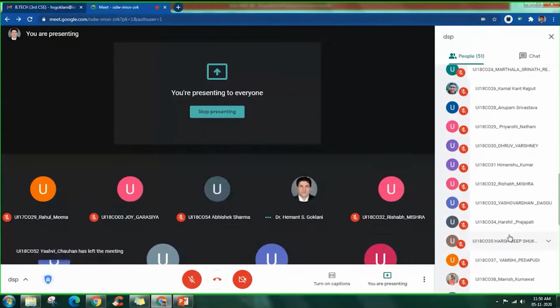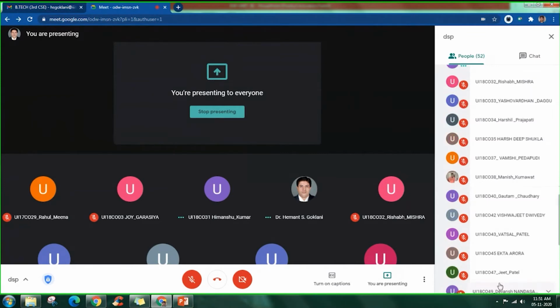Okay, roll number 31, CO31. Please unmute. Can you tell me the difference between these three? Sir, when we compare causal and non-causal, causal is concerned only with the present and past input, and non-causal also takes care of future inputs. Okay, what about anti-causal? Sir, when we talk about anti-causal, then we are taking only the future inputs.